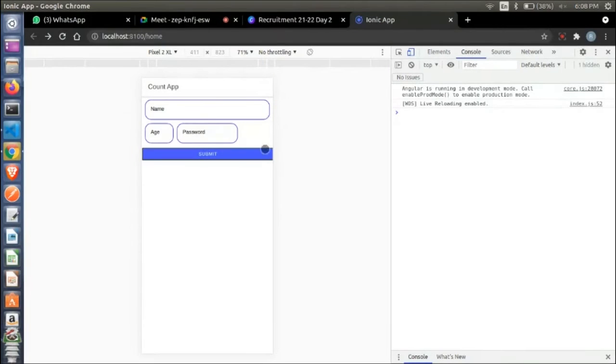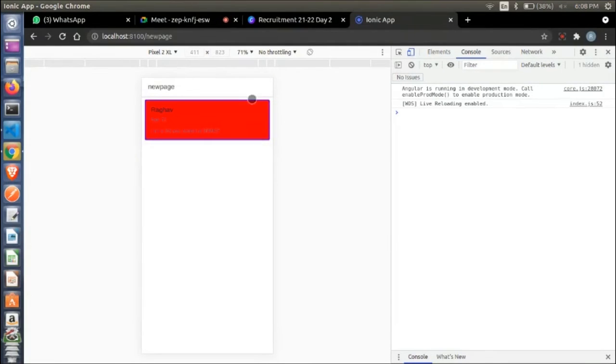So now you will be able to see on clicking submit we are able to move to the new page. Okay. If you have any doubts you can ask me right now.